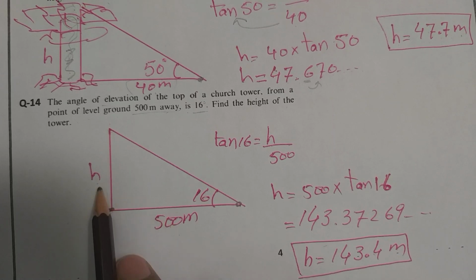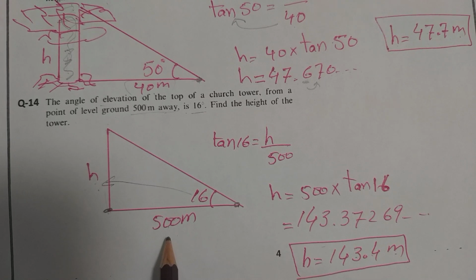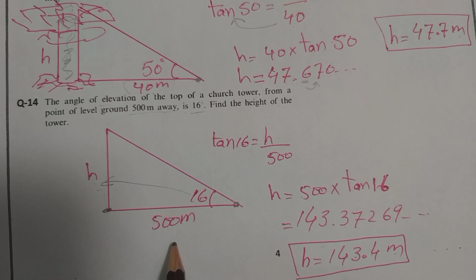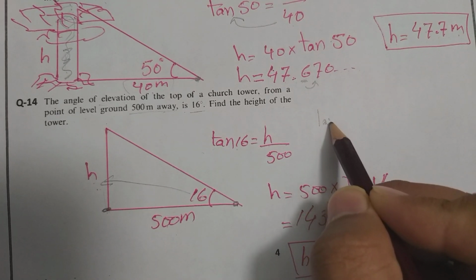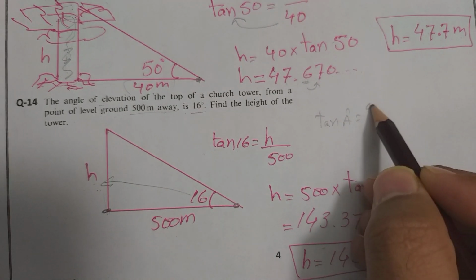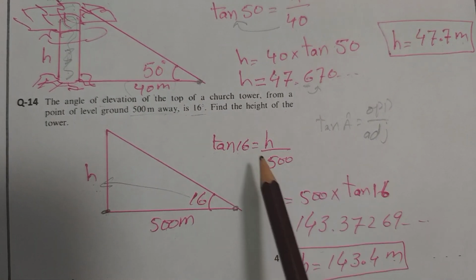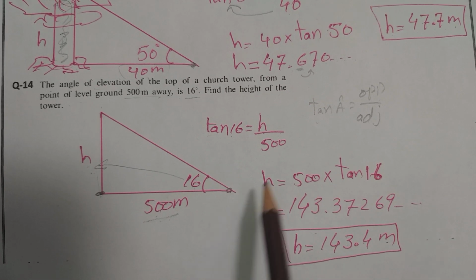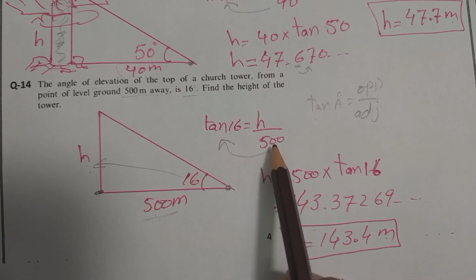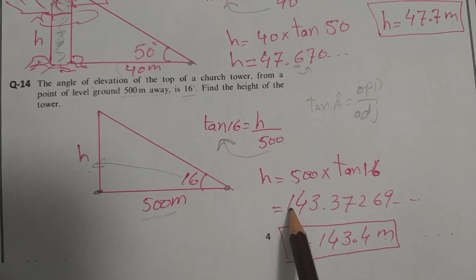So adjacent and height, it means according to this angle, this is called the opposite. Adjacent and opposite, it means we use the tan formula. So just substitute in the formula. As we know, the tan formula is tan angle equals opposite over adjacent. So we apply the formula here. So 16, substitute here, opposite is height, and adjacent is 500. Simplify, multiplication transfers and becomes division, division transfers and becomes multiplication. So simplify, you will find the answer